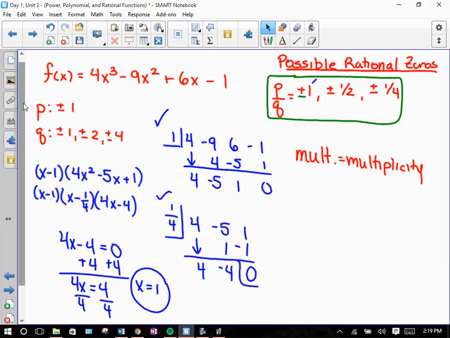Now, you know how we said this polynomial is a third-degree polynomial. That means it has how many zeros? It has 3 zeros. Sometimes zeros repeat themselves, like in this case. X equals 1 repeats itself. And when you're looking at the graph, it looks a certain way. So if we were to graph this,